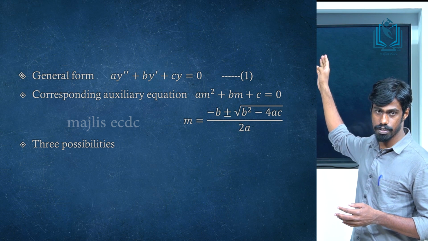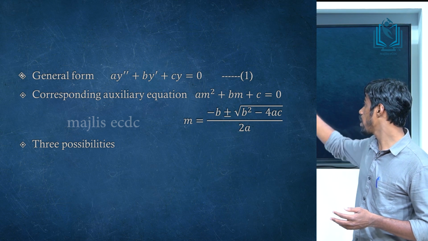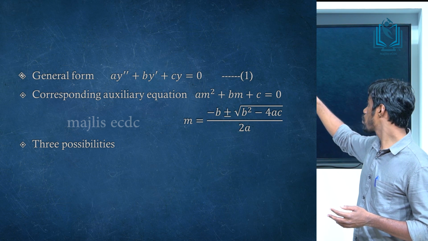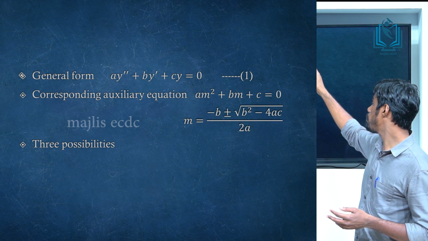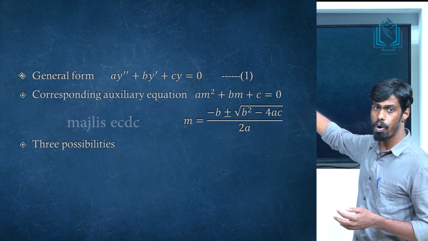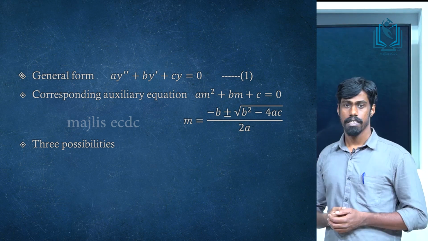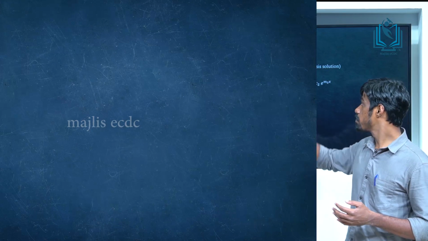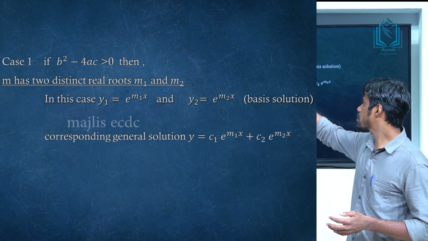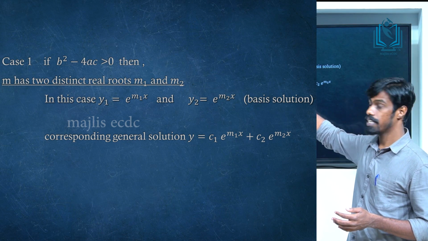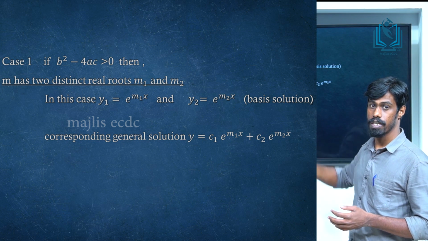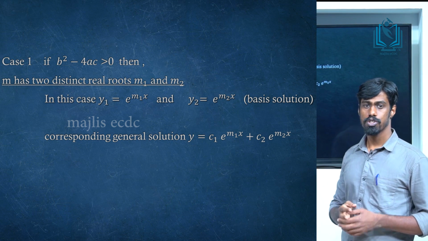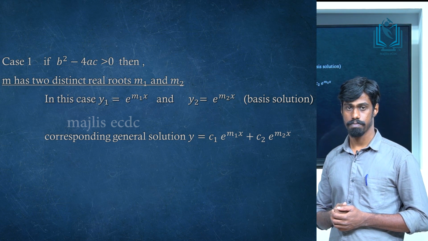Solve this quadratic equation using this formula: m is equal to minus b plus or minus root of b square minus 4ac, all divided by 2a. Then m has three possibilities. Case number 1. If b square minus 4ac is greater than 0, then we get m has two distinct real roots,